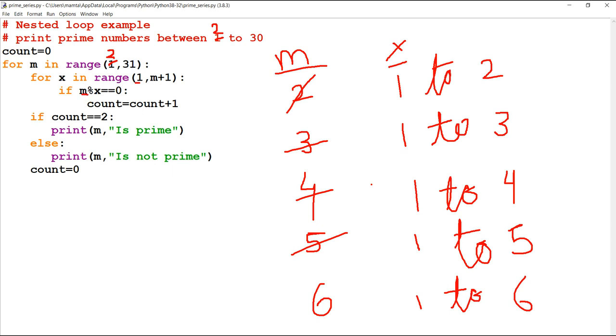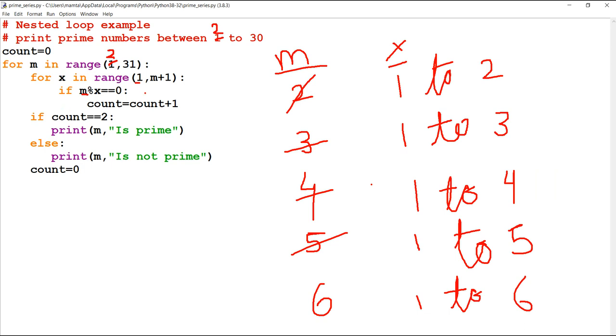So m has a fixed value, which we get from the outer loop, that is 2. 2 mod x, that means 2 mod 1, is 0. Yes, so the counter will be increased by 1. The initial value of counter was 0, so the counter will be 1.